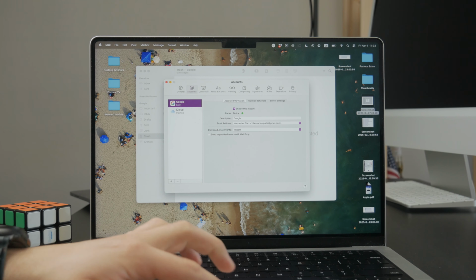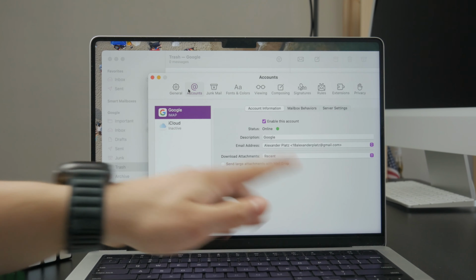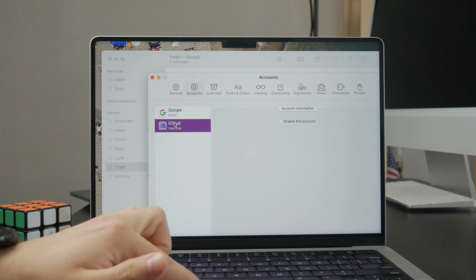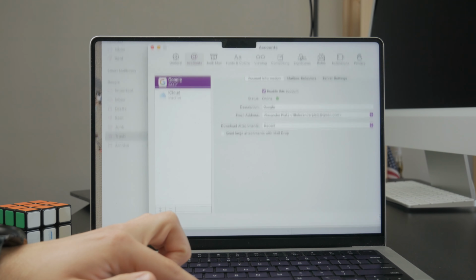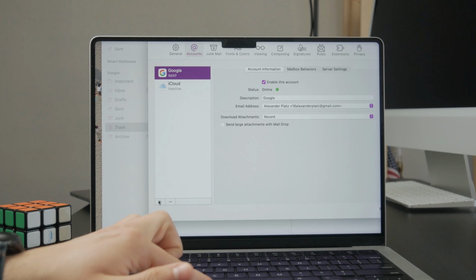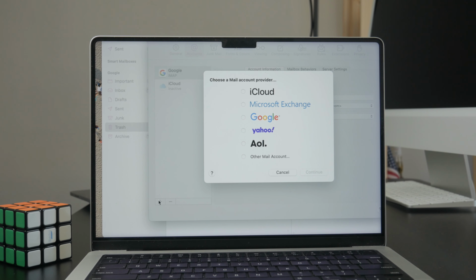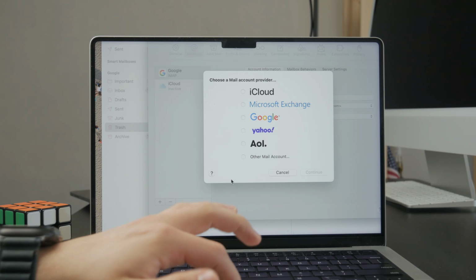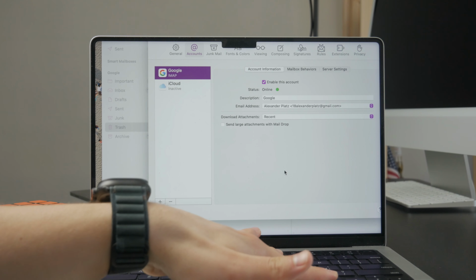And inside of the accounts, you again can see the list of all of the added ones, plus the plus button at the bottom to add a brand new one. So you can add as many as you wish, of course. And this is how you can essentially just add and log in to a new mail in your